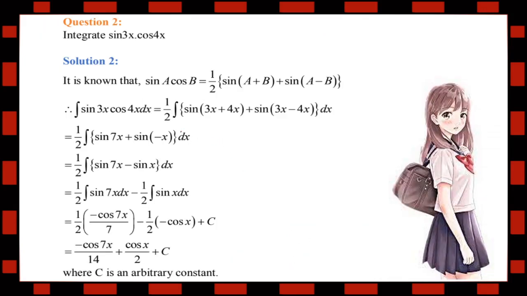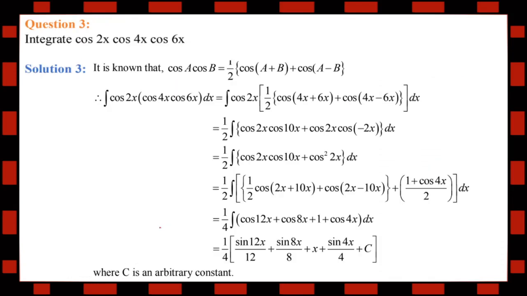Integrate sin 3x cos 4x. Again, if you remember, sin(a plus b) plus sin(a minus b) is equal to 2 sin a cos b. The same property we have written like this. We have just taken 2 to the right side, and sin a cos b is equal to half of [sin(a plus b) plus sin(a minus b)]. So this is sin a and this is cos b. A is 3x and b is 4x. Now put the values. 3x plus 4x is 7x and 3x minus 4x is minus x. Now sin(minus theta) is minus sin theta, and now we can split and take the integral.